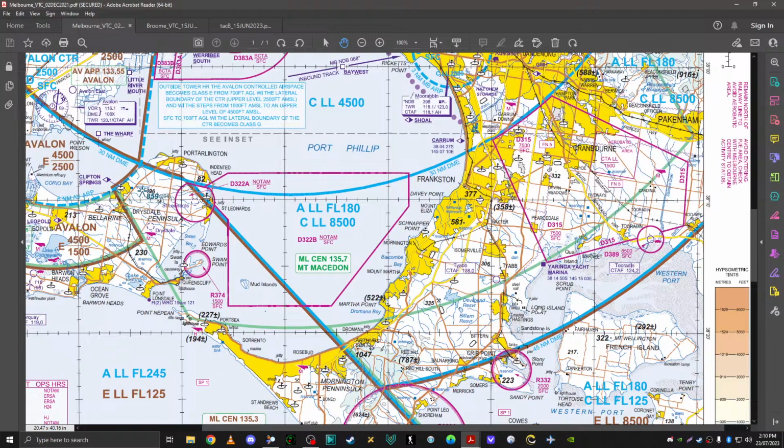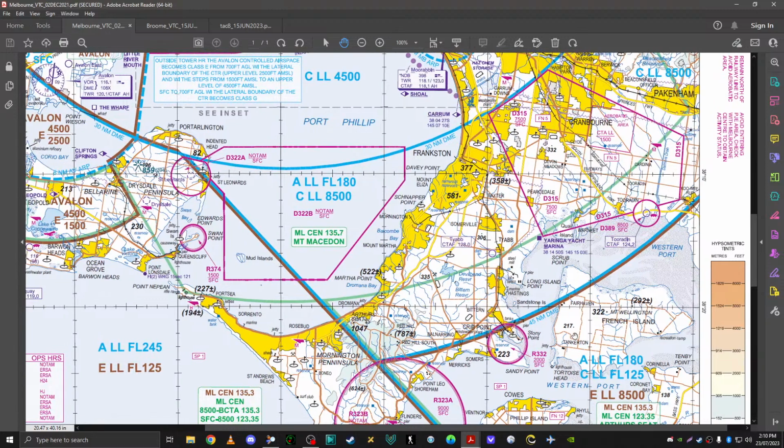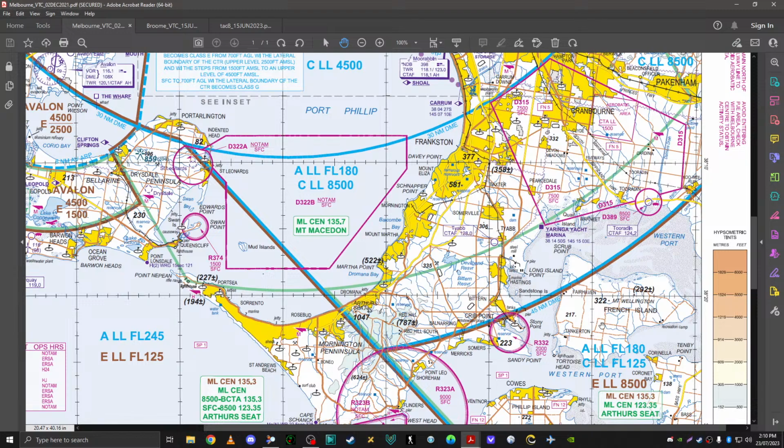Now, Class Alpha is only reserved for IFR flights. So if you're a VFR and you plan to fly at flight level 190, forget it. You shouldn't be there. You should always file IFR. So it's only restricted for IFR aircraft, and obviously you need a clearance to fly in there. Okay, now that's it. Remember, it's above flight level 180,